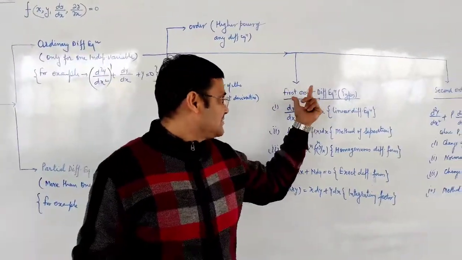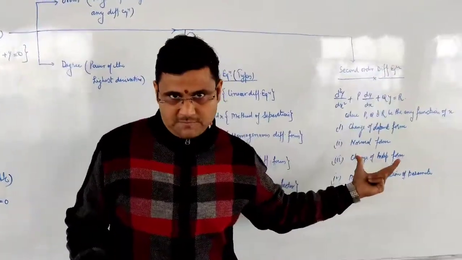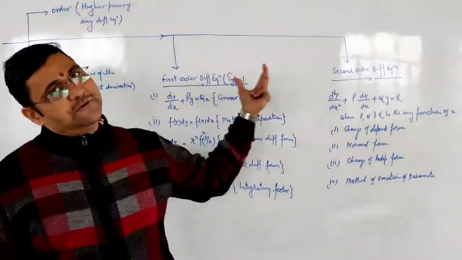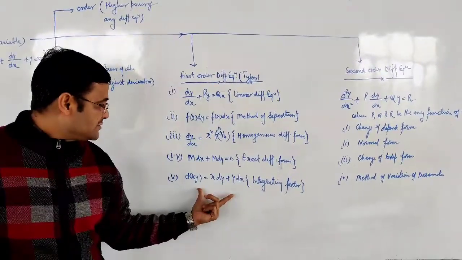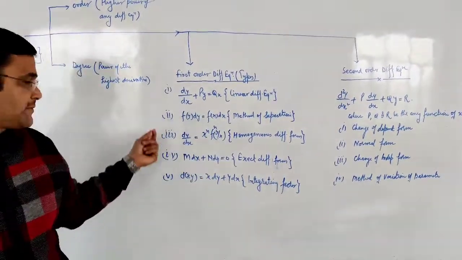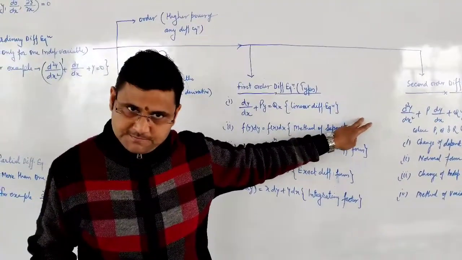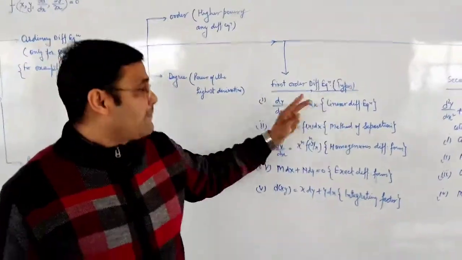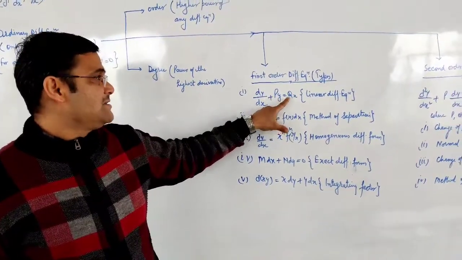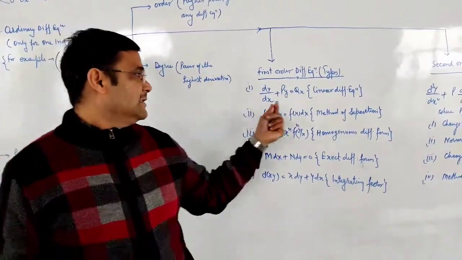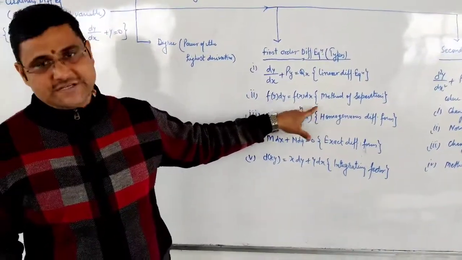Like that, first is first order differential equation and second is second order differential equation. This is the important role of any differential equation, the first order differential equation. The types of first order differential equation are maximum 5 types. First is linear differential equation. The important part, the form of linear differential equation is dy over dx plus Py is equal to Q, where P and Q are functions of x.